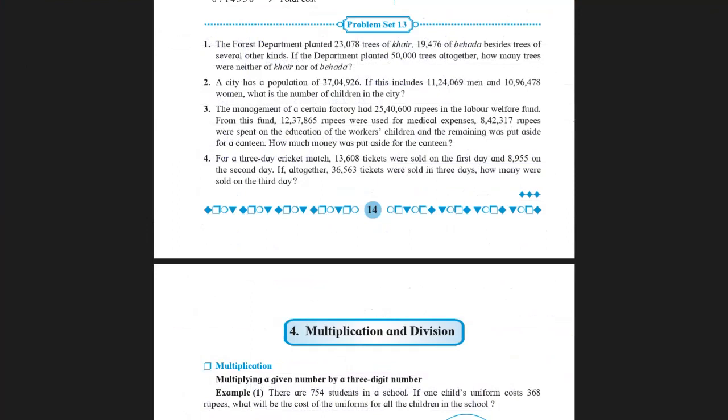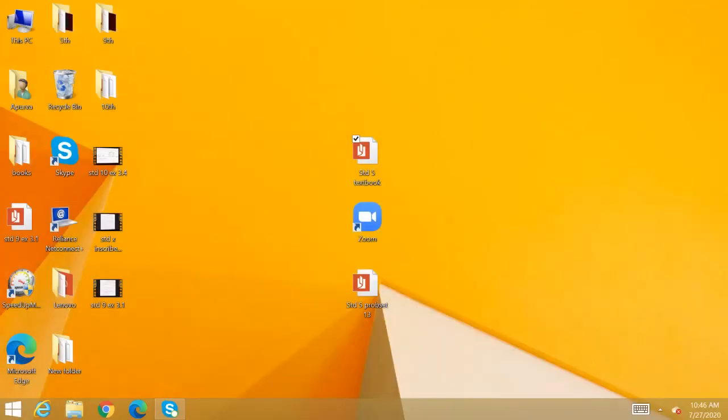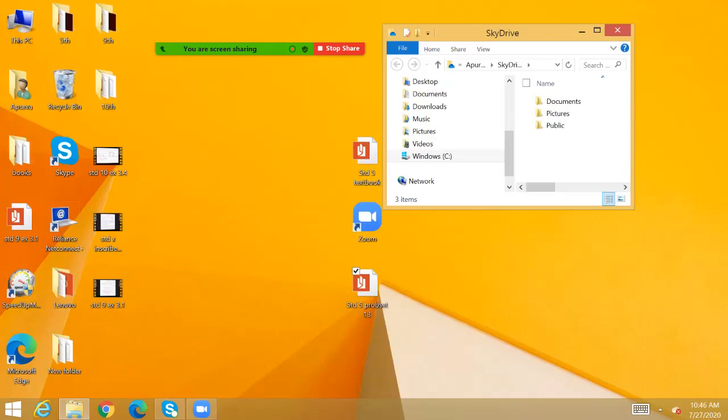So number of men plus women plus children together constitute the total population. Now in this total population, they have given you the number of men and women. They have asked you to find the number of children. So what will you do? You will add number of men and women, subtract that sum from the total population, you will get the number of children. So that's how you're supposed to do it, right?